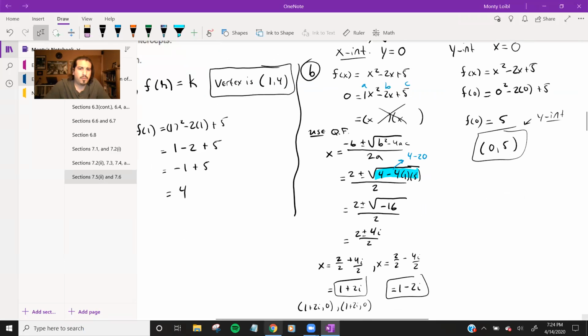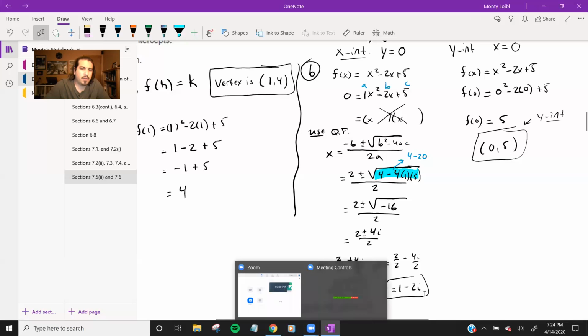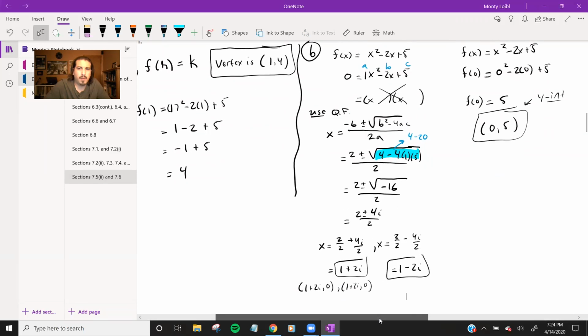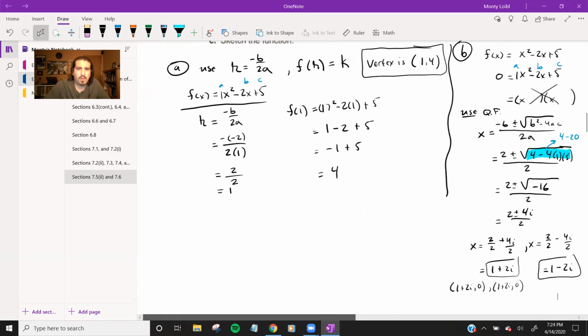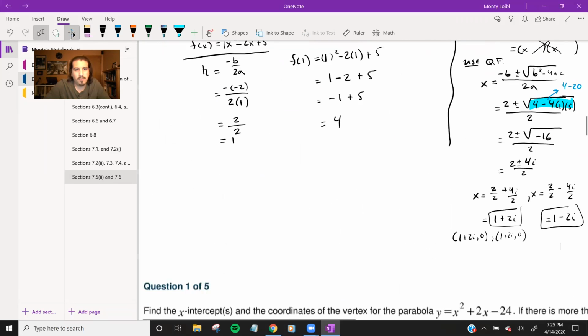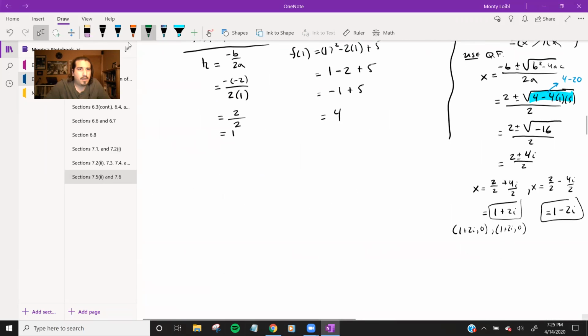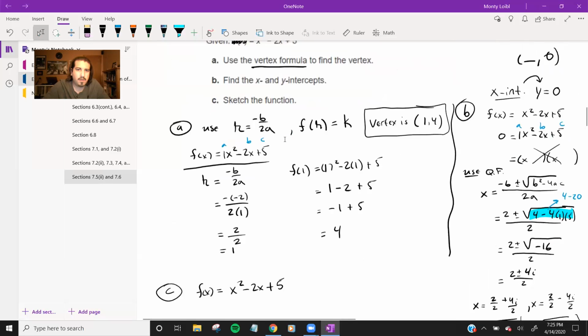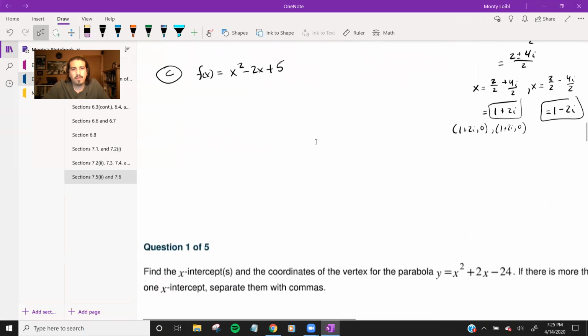Are there any questions over finding the intercepts? Well, we're going to have another example down here. So if you have any immediate questions, let me know. Okay, the third one was sketch the function. Now, this is just a review from yesterday, which I know I said to go back and look, but I think it'd be good to do this. So we've got f of x is equal to x squared minus 2x plus 5. Again, that is what we started with up here. Okay, if we want to sketch this function,